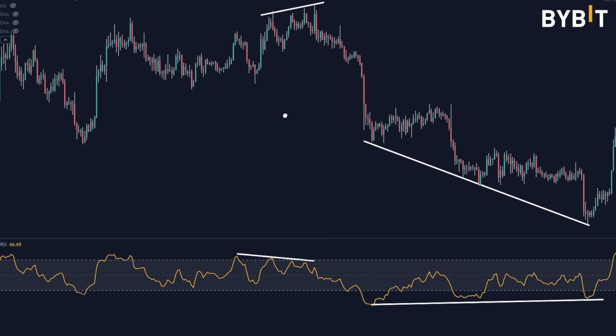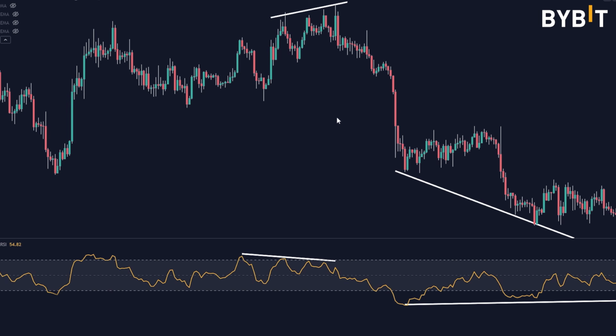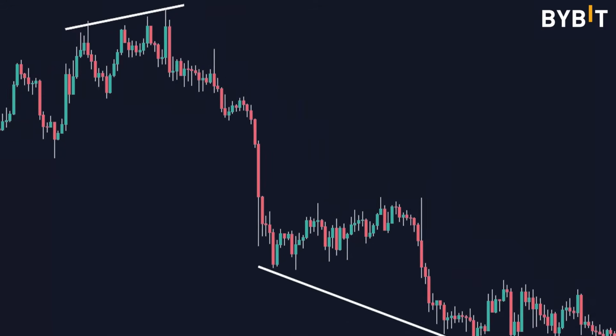When you do see divergence showing up, there's a couple of ways that you could trade it. And my favorite way of wanting to trade this would be using what is called a breakout trade. So let's just focus in on this bearish divergence from the top. So we have price coming up and reaching a new high. We've got the RSI that is not reaching up to new highs. And so there's a couple of ways to do this from a breakout perspective.